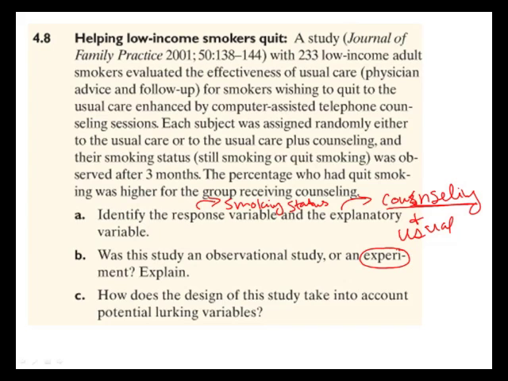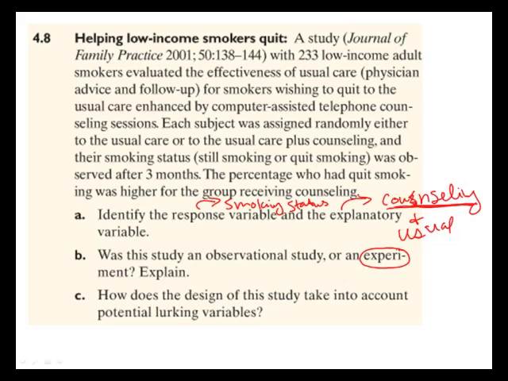They required that they had the counseling, and they told them whether or not they were going to have the counseling. So it's not something that the subjects could have chosen themselves. There wasn't a voluntary choice to choose the counseling or to not choose the counseling. They volunteered for the study, and so they were told what they had to do, whether it was counseling or